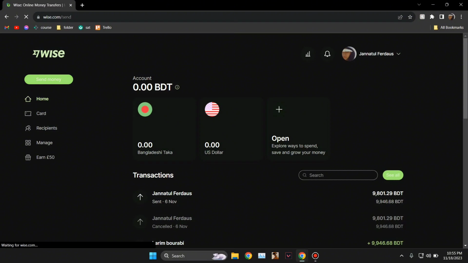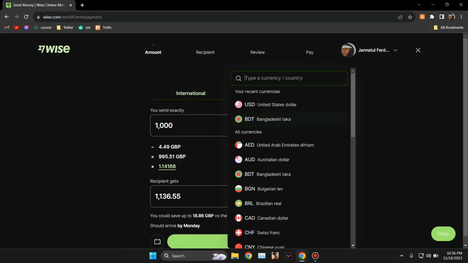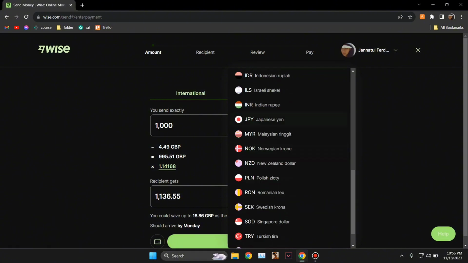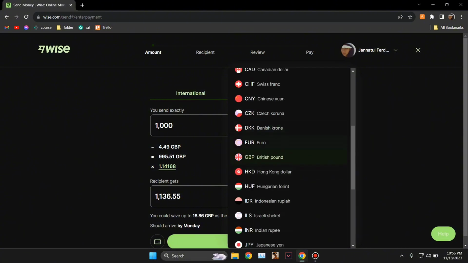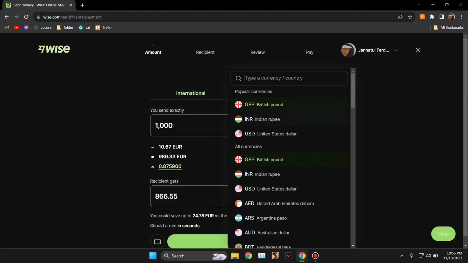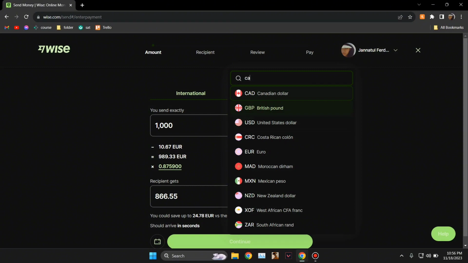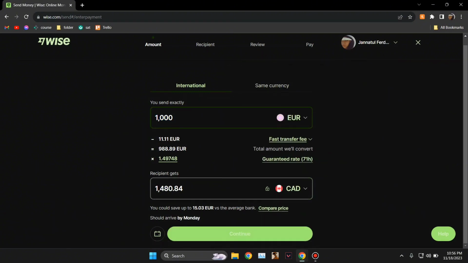So we're going to click on send money, and then since we want to send from UK to Canada, our transfer will be international, not the same currency, international. And then we're going to select UK. So let's say that we want to send from euro, and then to would be Canada. So let's type in CAD, which is Canadian dollar,